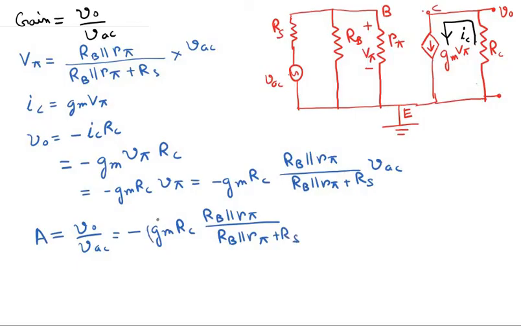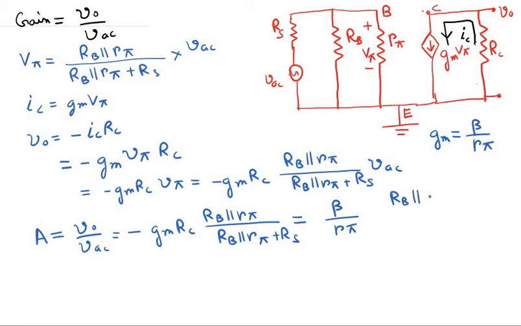Now we know GM is equal to beta divided by R pi. Okay, so this we have already studied the last day. GM is equal to beta divided by R pi. So we put this value of GM over here. So this then becomes equal to beta divided by R pi